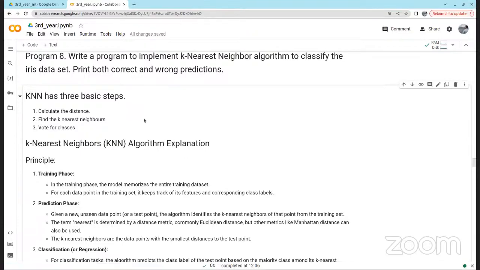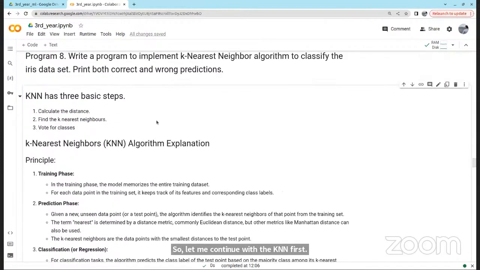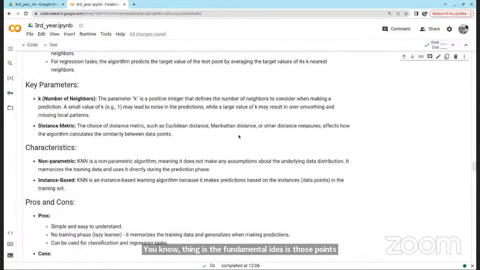Let me continue with the KNN first. In KNN, the fundamental idea is that points coming from the same area will have the same kind of properties.